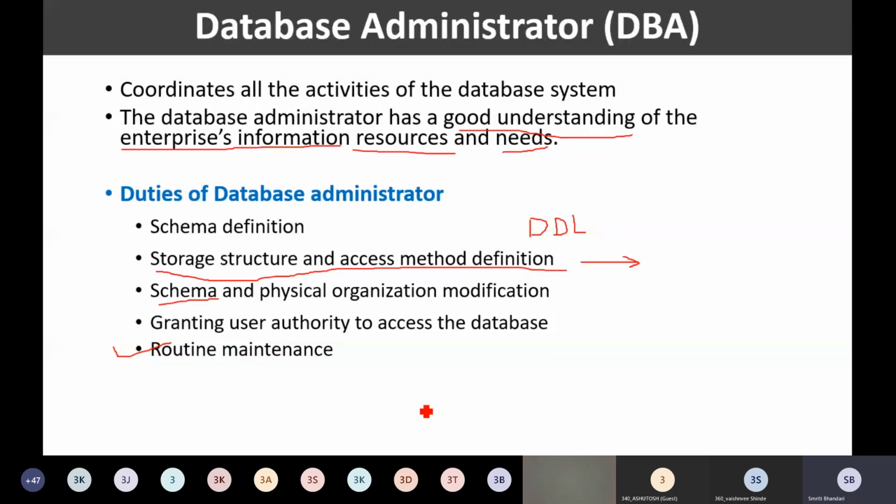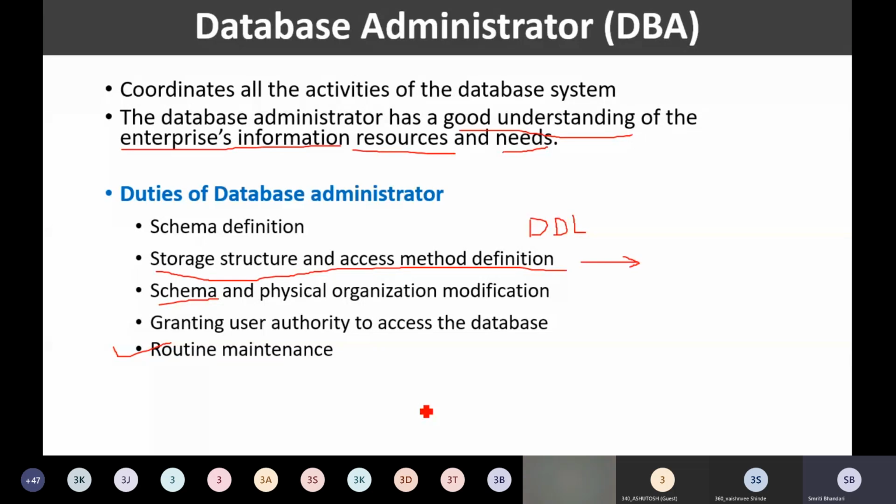So the database administrator needs to keep track of all those things, whether the disk space is available with the users, whether it is enough. If not, then the database administrator needs to think of replacing the disks for storing the data.